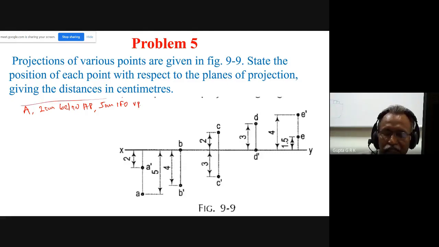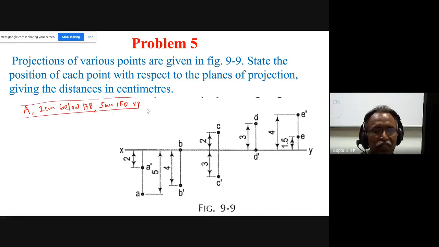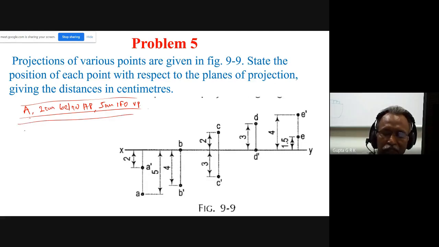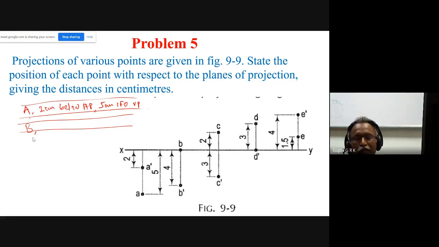Like that. Again, I have to draw in guidelines. Neatly you have to write. I have to print all of them, and leave some half centimeter gap. And again, you draw the guidelines and you write B. You tell me about B first with respect to HP.